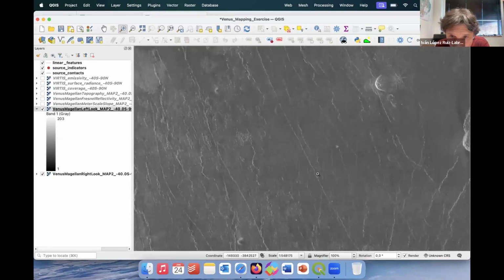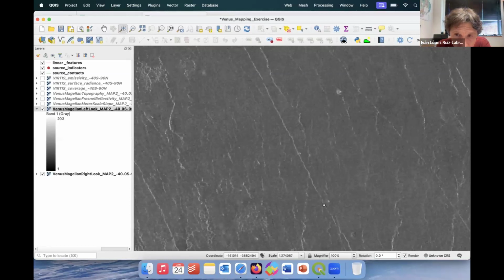We can zoom on this, but you're going to see that it's very hard to distinguish anything more than a single lineament, a very straight lineament. We interpret these as fractures. It's an interpretation based on experience, based on the fact that we have seen them in many parts of the planet, and based also on the fact that in some parts we see transitions from graben to these single lineaments, and we interpret them